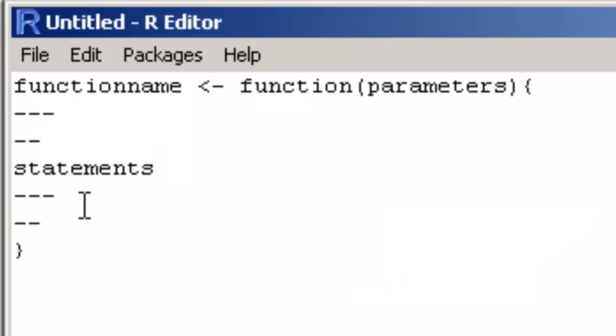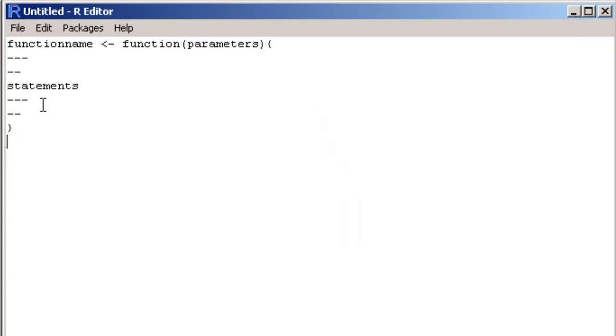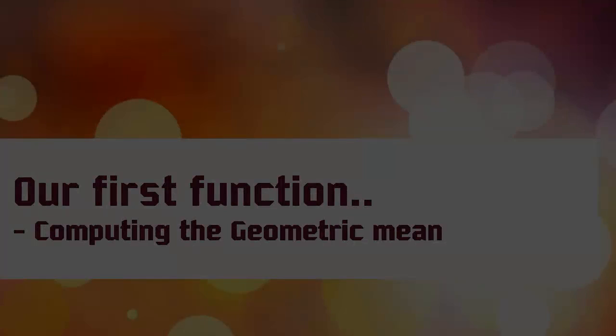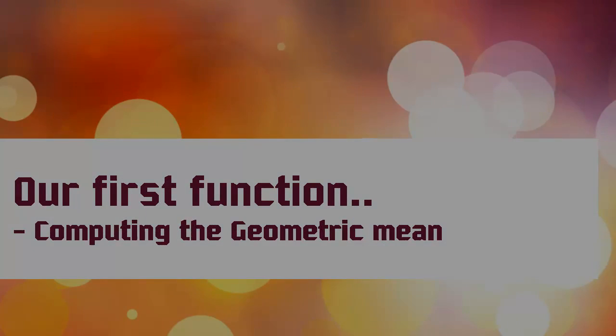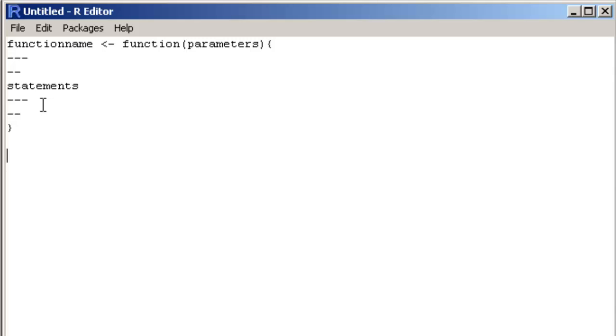This should be more clear when we write a sample function, a real function itself. So go ahead and open up your R console and write along with me. We are going to make a function that computes the geometric mean of any set of numbers. So let's call that function geo.mean.